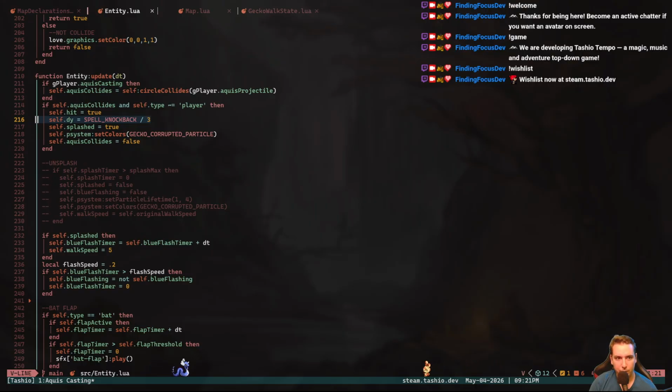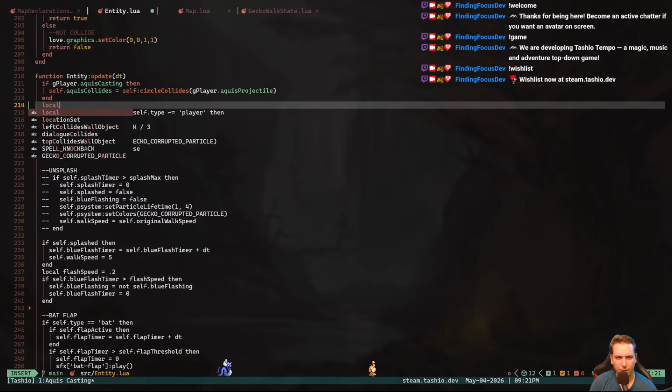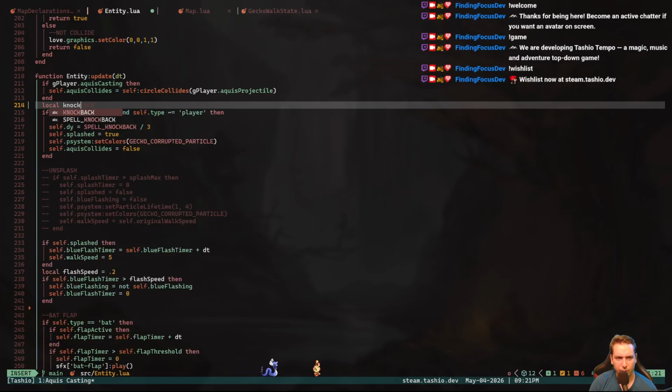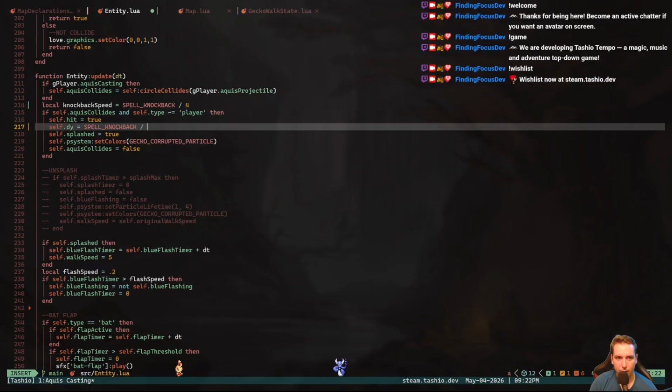Okay. So what I'm going to do is make a local variable called local knockback speed. And we're just going to kind of quarter our spell knockback because it's not as potent as the Flamma knockback, but we want this knockback speed assigned here. So the only difference now, I guess we can do a simple check because we kind of just have to